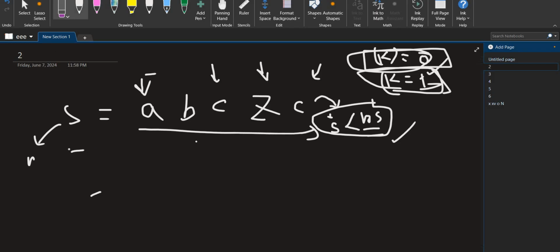What if the initial string S was something like that, where the minimum character is both in the first index and the last index? Now, what happens? This would actually cause a bit of a problem. It might cause, or has the possibility to cause, a bit of a problem, because once you reverse it,